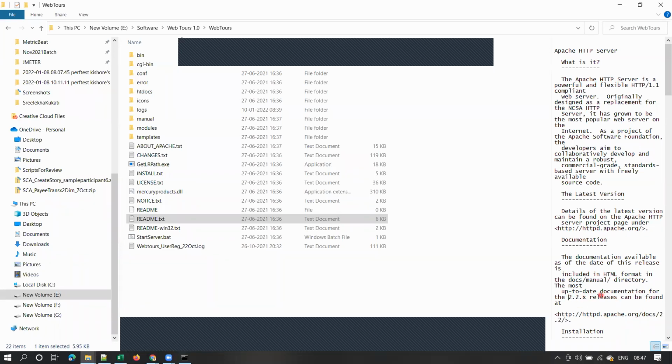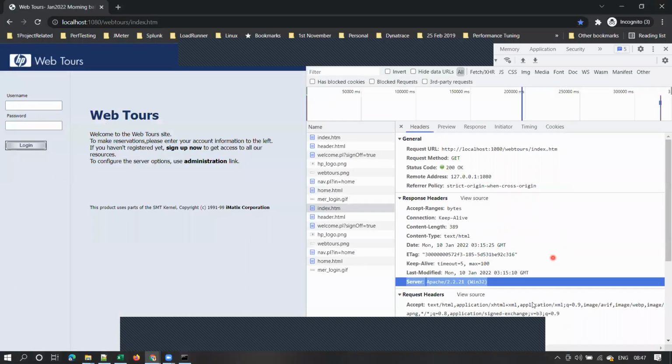Here you can see 2.2.x. So the exact version of the server is 2.2.21. The server is sending these headers which tell you some additional information about the response. Yes or no?